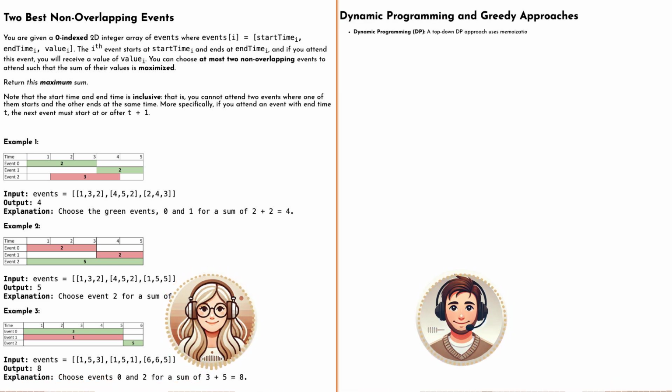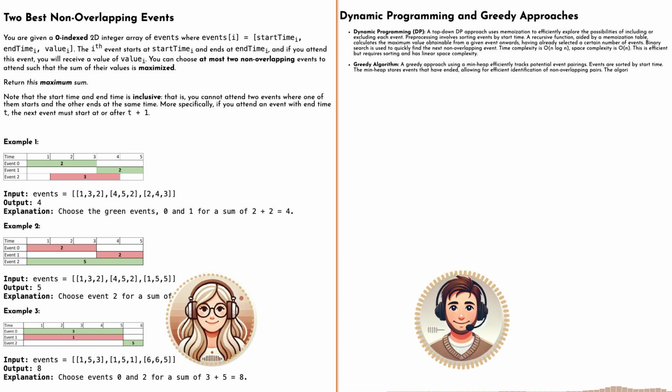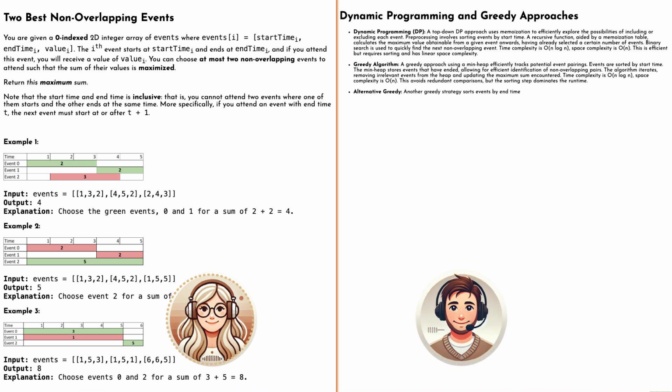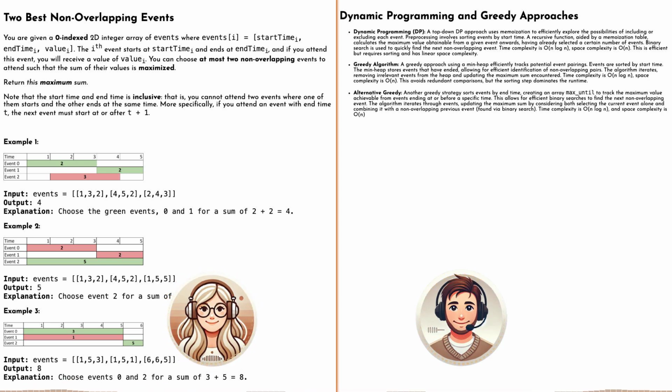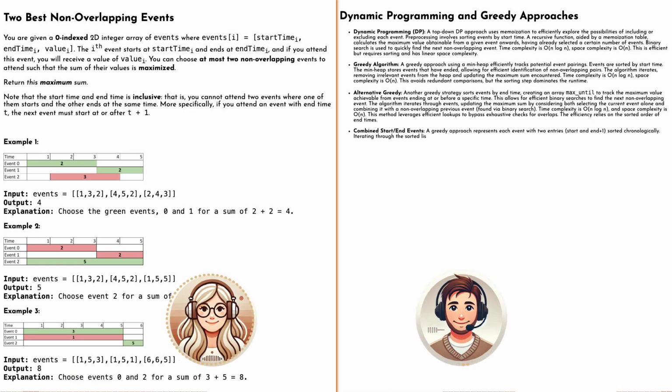Well, the source material you sent over mentions dynamic programming and greedy approaches. Okay, those sound cool, but can we break those down a little more? I'm not really sure how they apply to this problem. Absolutely. So let's start with dynamic programming. It's all about breaking down the problem into smaller subproblems and solving them individually. And then you store those results so you don't have to calculate them again. So it's kind of like we're making a cheat sheet or a lookup table as we go.